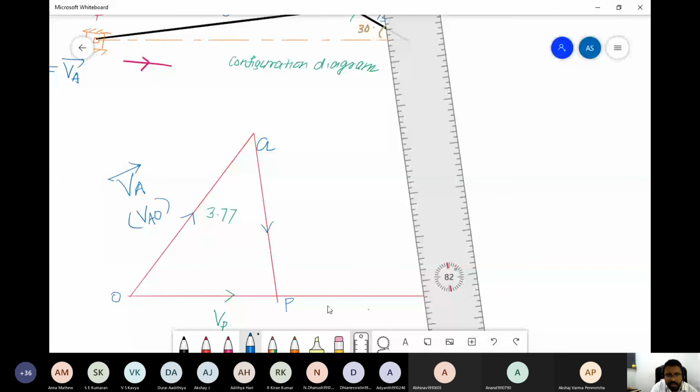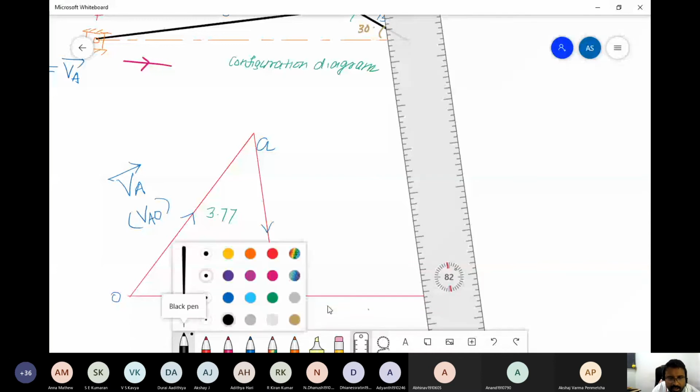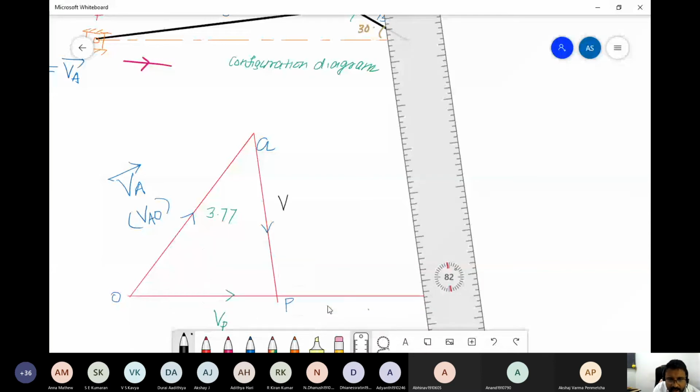So now we have got all the vectors. How will you represent this? V. How will you represent this? VPA. V, arrow is pointing to P. PA, sir. P, A. In this case we have to mention it fully. When you have O only, we can leave the O. But when you don't have O and all, when you have proper points, then you have to put it completely. So VPA is that.